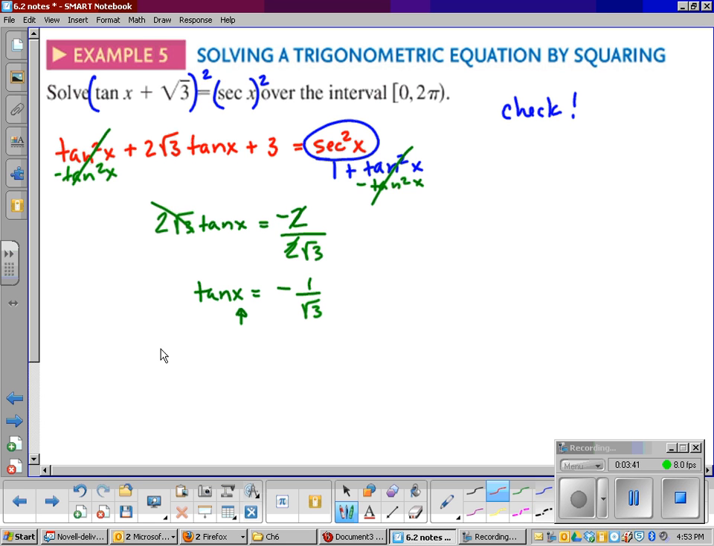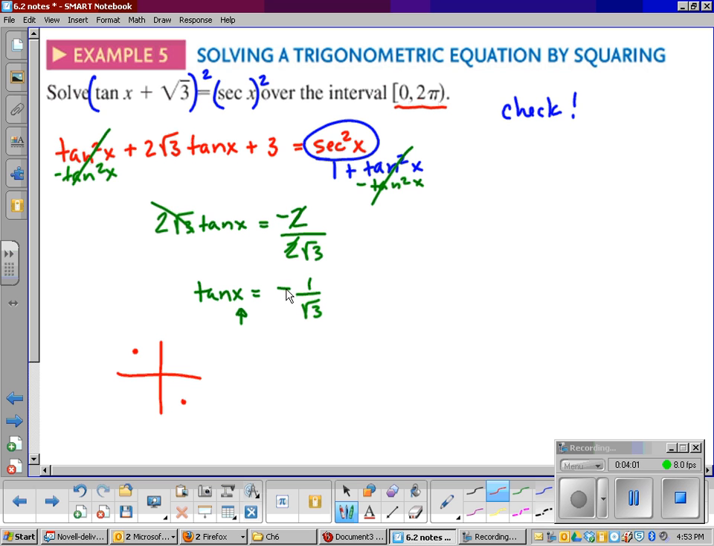So let's draw a picture and figure out where our angles are going to be. We know that tangent is negative in quadrant 2 and again in quadrant 4. So those are the 2 angles that we're looking for. Notice we want our angles to be in radians, and we want the answers that are between 0 and 2